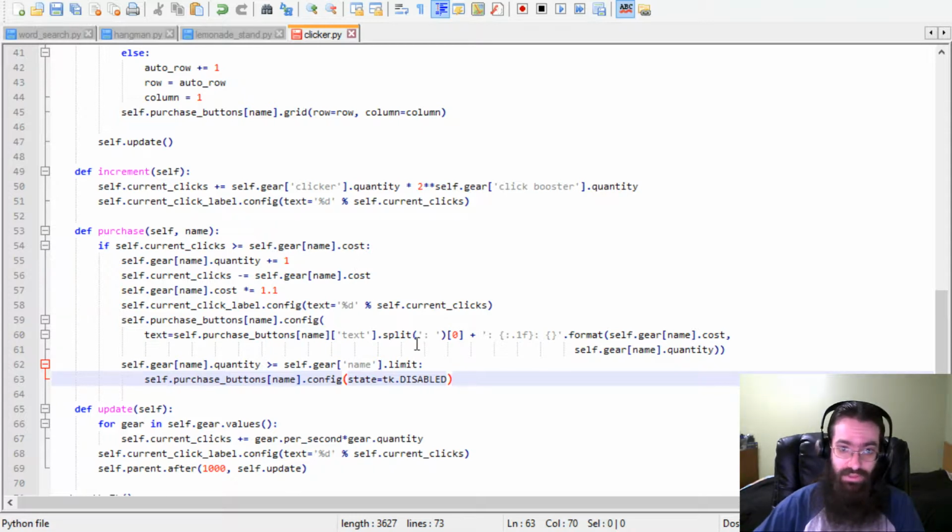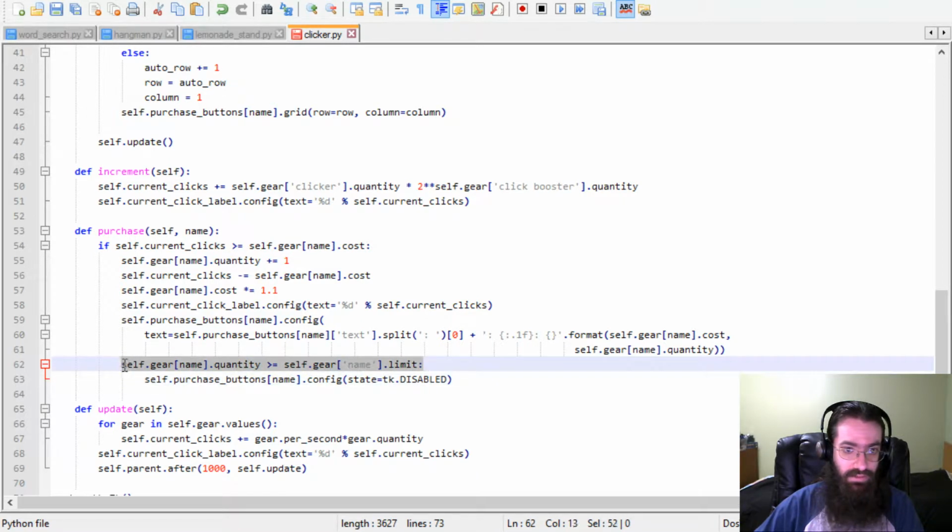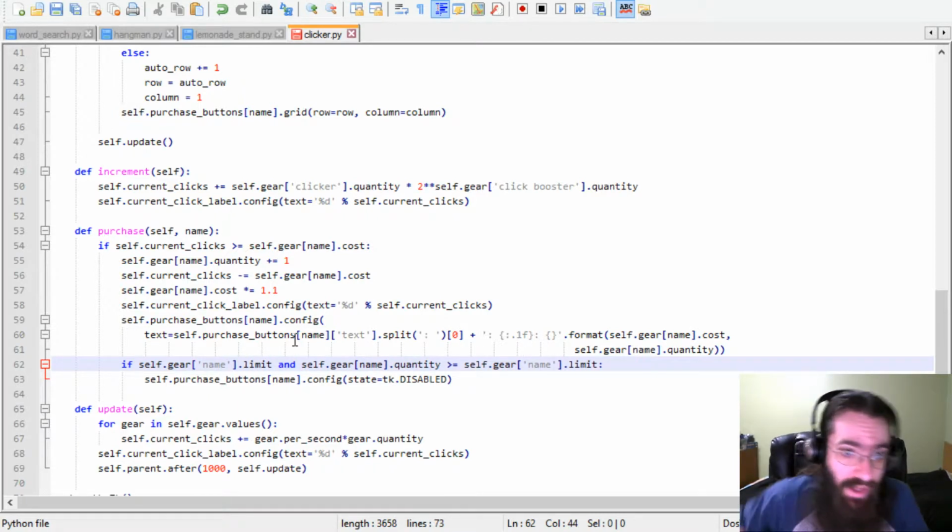Tidy. So this doesn't care about what it is, just sees if there is a limit. 0 means there's no limit. No, we do need that. If self.gearName.limit, so if there is a limit, which means a non-zero value,